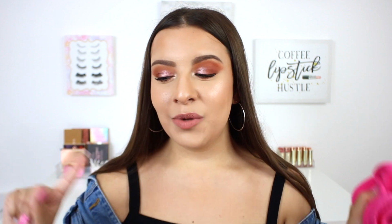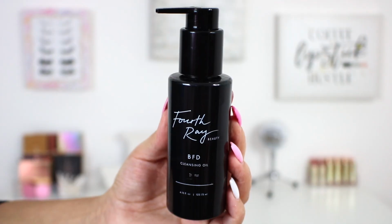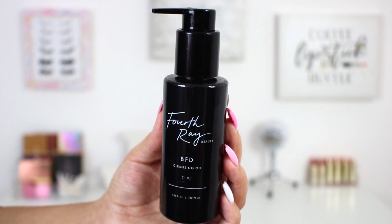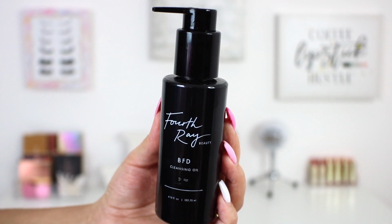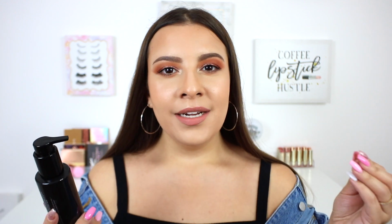I find that this never removes 100% waterproof mascara, but I have another favorite that I'm going to talk about to do that. The product that I've been loving to take off my waterproof mascara is the 4th Ray Beauty BFD cleansing oil. Cleansing oils always scared me because I do wash my face in the shower and I was always scared that it would make the floor of the shower oily or slippery. But not only that, I was scared that it would make my skin overly greasy because I do have combo skin. Sometimes I do get oily, especially in these warmer summer months, but I find that it's the perfect mix